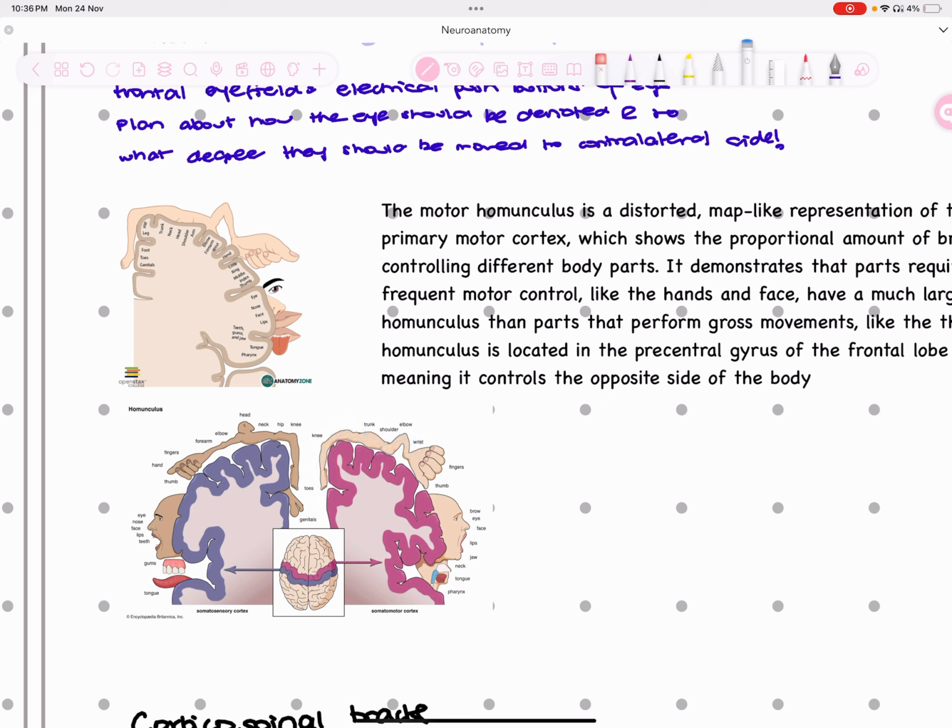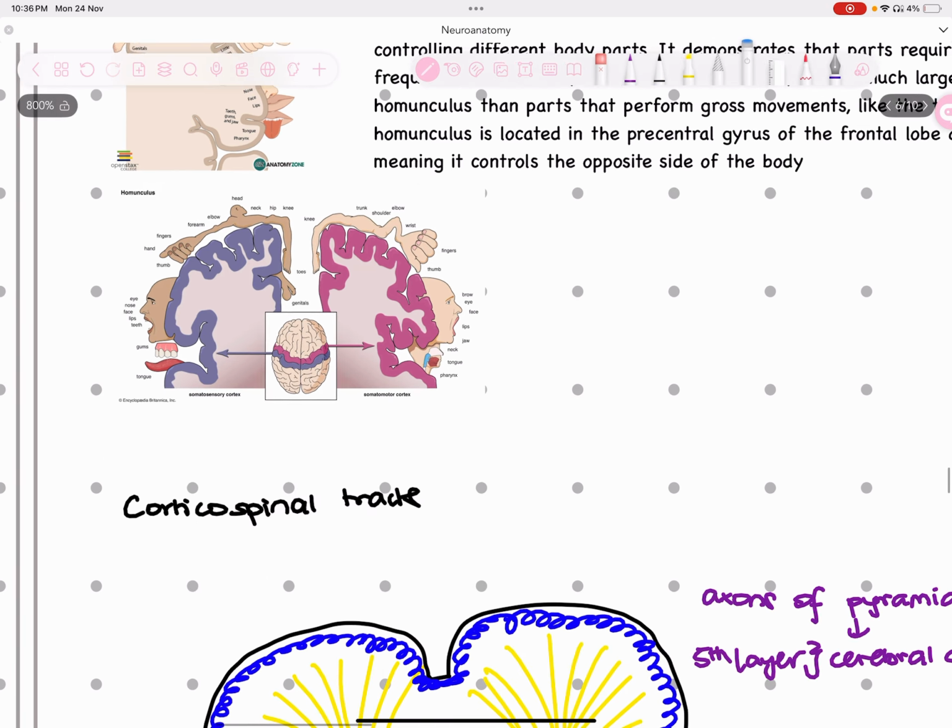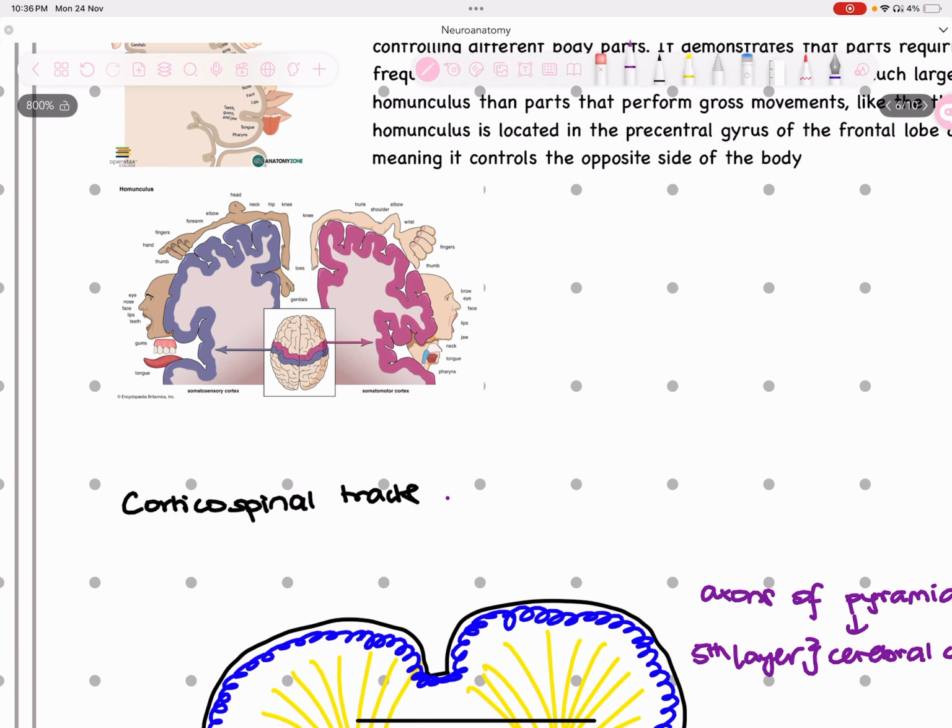The corticospinal fibers. Also, one thing about the homunculus is that it's a distorted picture of the body with various parts having a size proportional to the area of the cerebral cortex devoted to their control. Now, when you talk about corticospinal tracts, the very interesting thing about them is that their fibers are